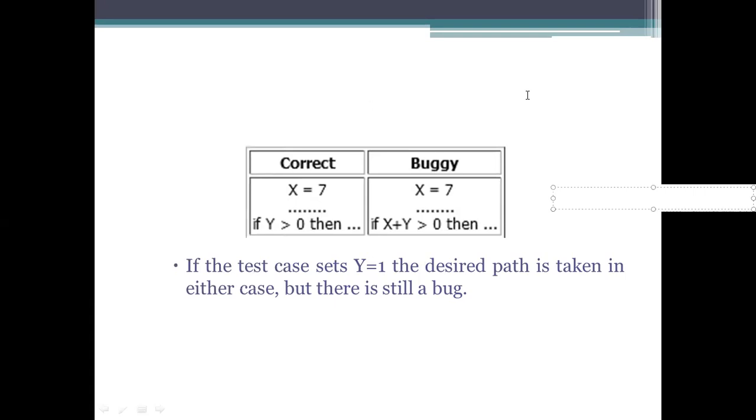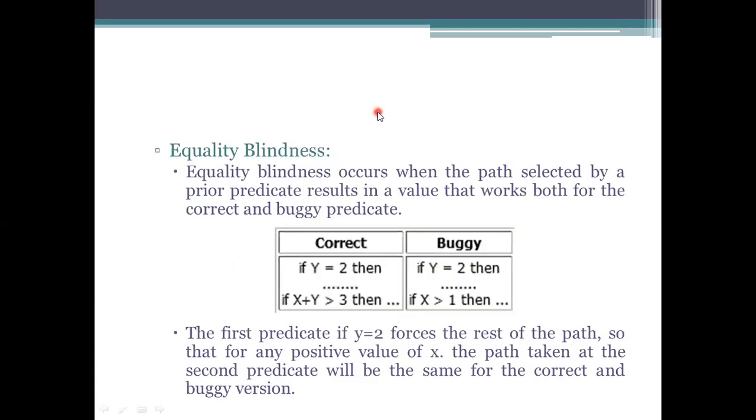And coming to the next one, which is equality blindness. Equality blindness means this one is affecting the value, whether it is correlated or not, you need to see. The first predicate, see here in this equality blindness, we have the first predicate y equals 2 and x plus y greater than 3.